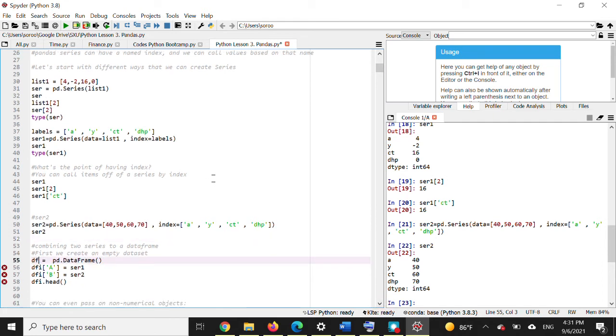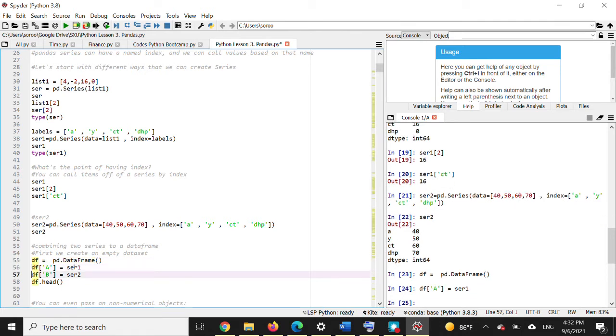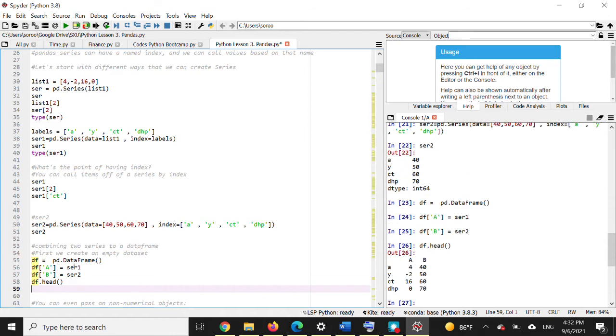Now let's see, out of this, for the first time I want to introduce a new subject called data frame, combining two series to a data frame. First we create an empty data set, so I call it df. It's df equals pd.DataFrame. Keyword is DataFrame here, and then df A, and then B, and then df.head. So here we have